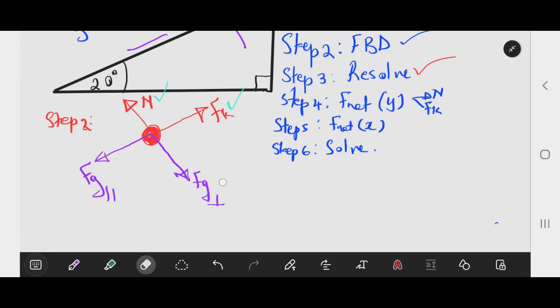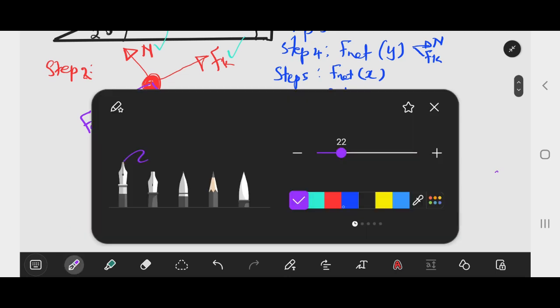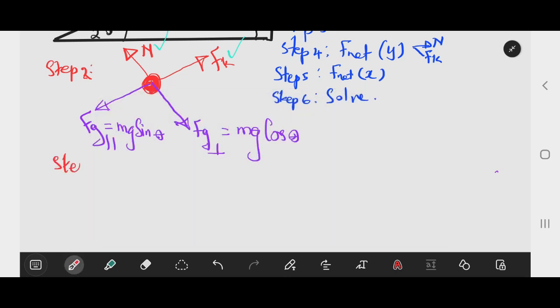But remember, Fg perpendicular is mg cos theta, and Fg parallel is mg sin theta. Okay, so now let us go to step number 4. Step number 4, we find our net force in the y direction in order for us to calculate the normal force and the friction. Okay, so step 4,